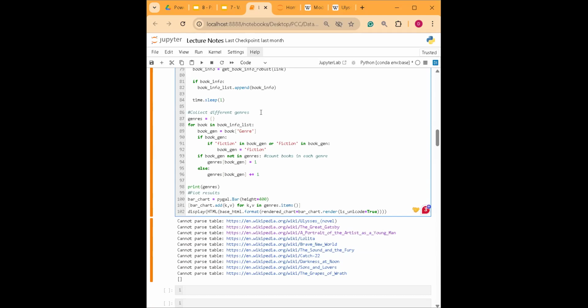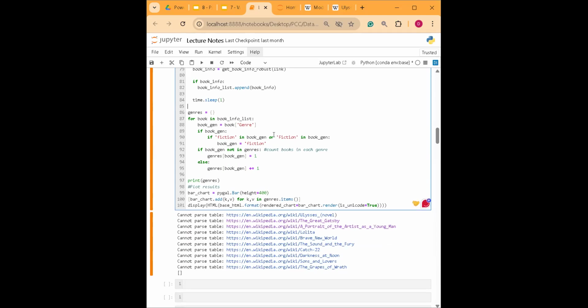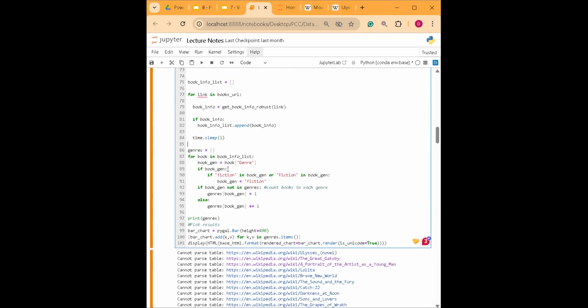Okay. So we're gonna collect different genres. So where do we get the genre? So we're gonna have to get the book first. So we're gonna have a loop here to access each book data. And then we're gonna have to look for the genre